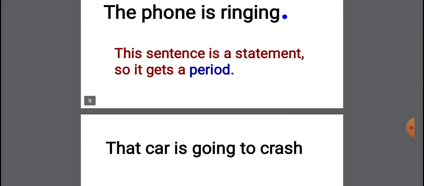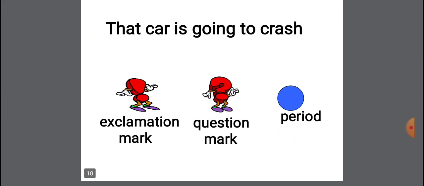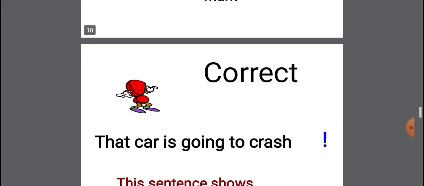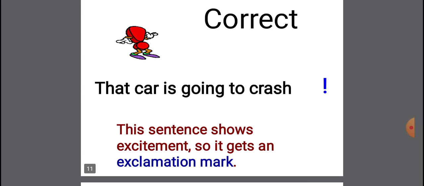Now see, that car is going to crash. An exclamation mark, a question mark, or a period could be used. You have to select one, and if you select the sign of exclamation, it would be correct, because this sentence shows excitement, so it gets an exclamation mark.